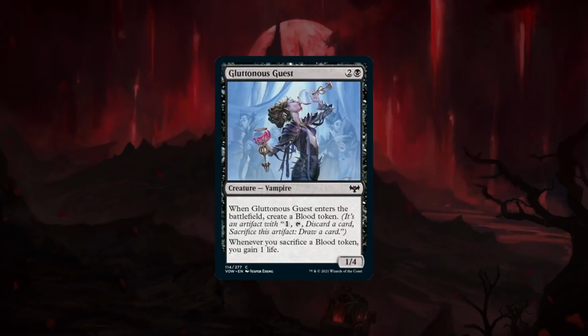Next up is Gluttonous Guest. This one's really interesting to me. I don't know how valuable a blood token is going to be, but I do know that historically this is the sort of card where I would almost always just give this a terrible rating and not be very high on it. But then the blood token randomly is a huge synergy piece, and it's something that I kind of missed the boat on. But just keep in mind how valuable a blood token is,